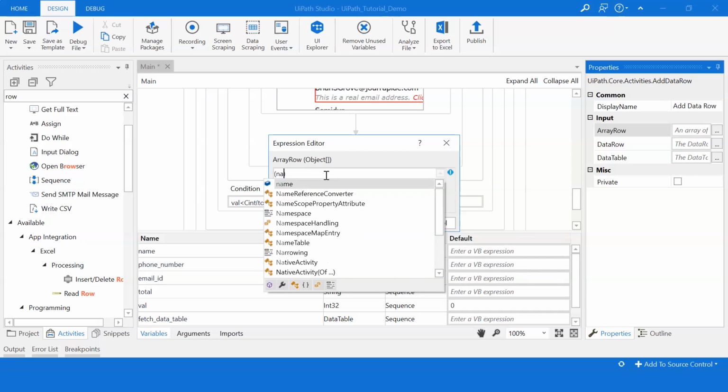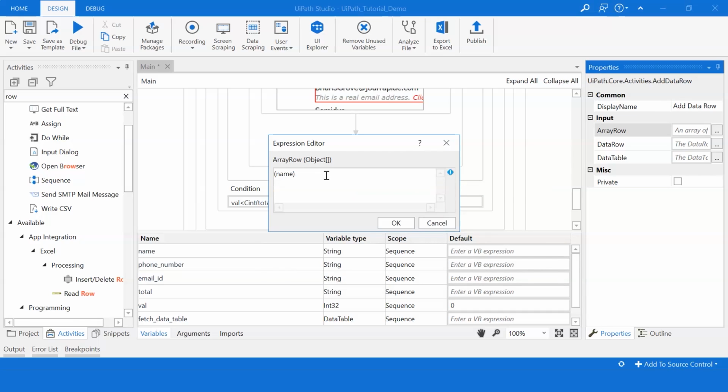So those would be name, comma, phone_number, comma, email_ID. Click OK.